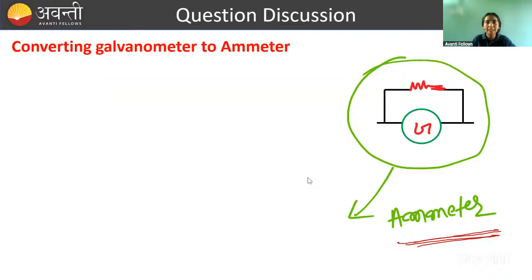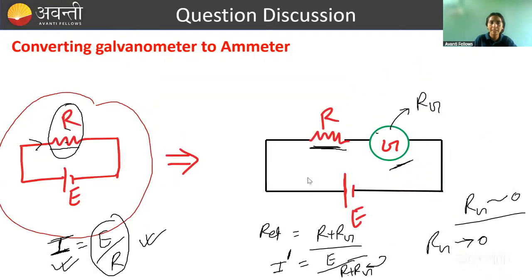Now, if you are connecting this ammeter into the circuit, its R equivalent is very small. So, what I told you here, what is current? E by R. Now, if you are connecting an ammeter here, then current will be E by R plus R equivalent, and that R equivalent is very, very small. So that is not going to change the value of current much. A very negligible change will occur, and hence we will say that we are almost able to measure the right value